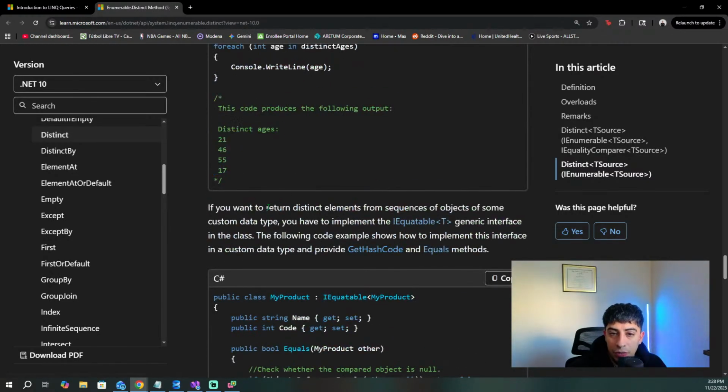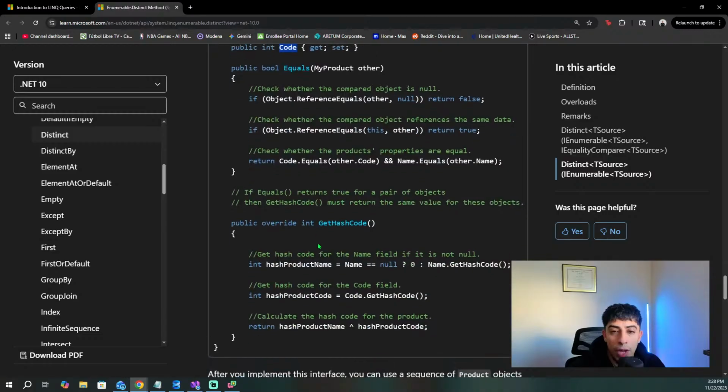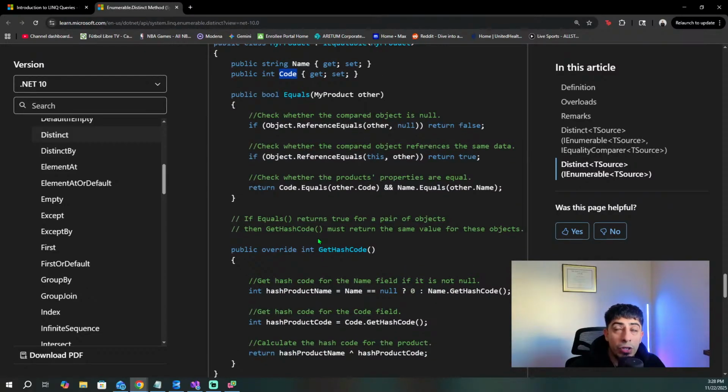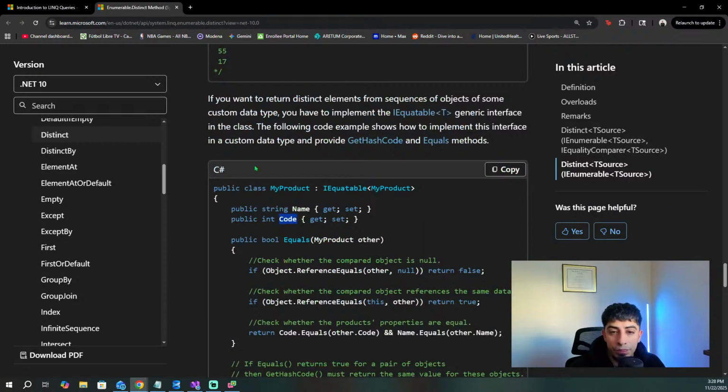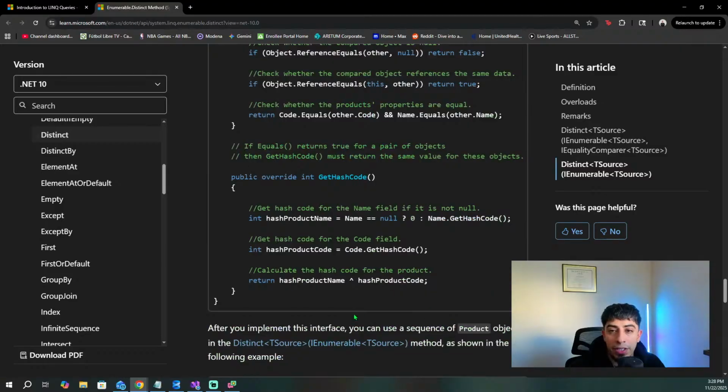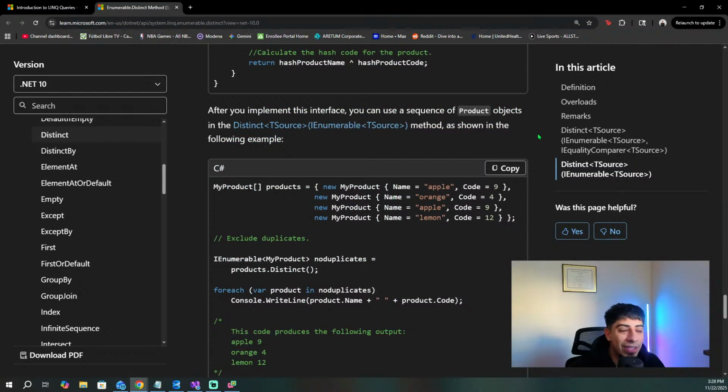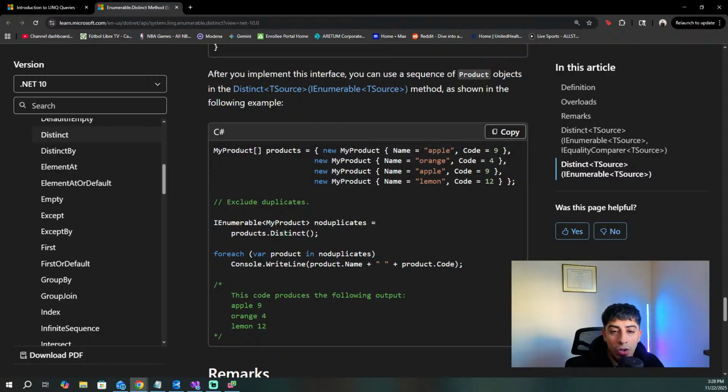And then this is, if you want to return distinct element from a sequence of objects of some custom data type. Okay, so essentially they have this my product, which inside of it has a name and a code. So they want you to sort of write a way for your data type or your class to compare each other. So how do you know that this is distinct from this? Because it has a different code and name. So essentially when they call .distinct,